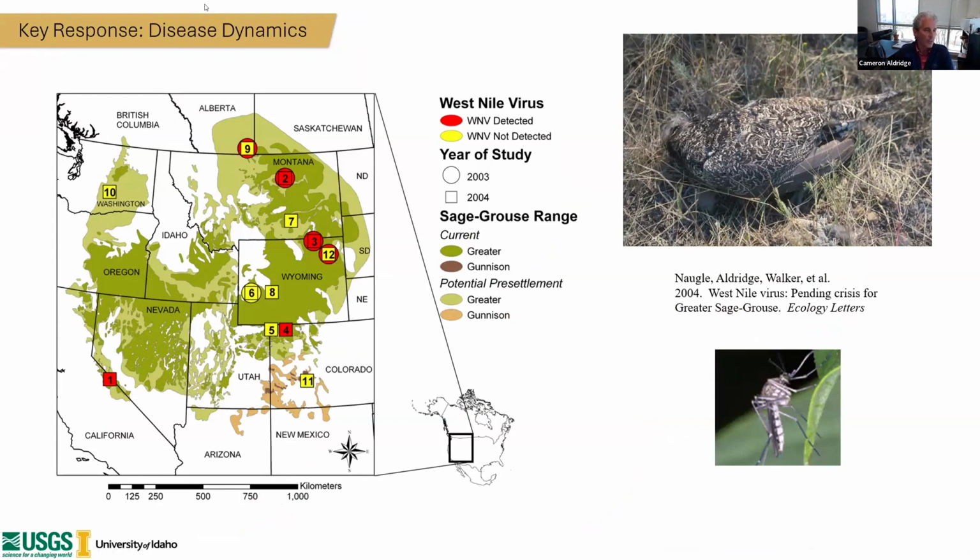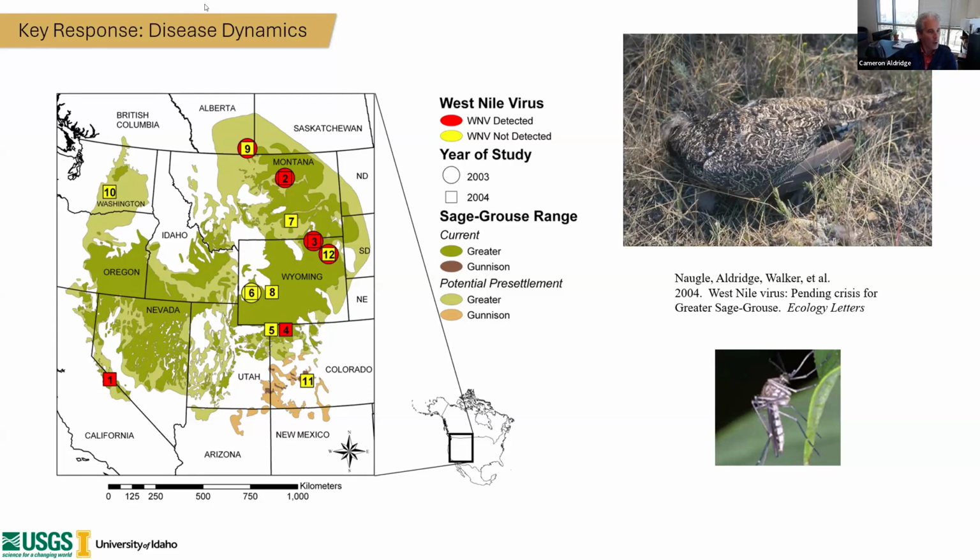And in 2003 and 4, where we tracked West Nile virus initially occurring in some of these westernmost states, we saw massive reductions of over 60% in survival of sage grouse populations as they were first exposed to West Nile virus. So this has huge implications. We've noted more recently that West Nile isn't nearly as profound as it was when it was initially introduced to these populations, and there's maybe a small potential for a little bit of immunity.